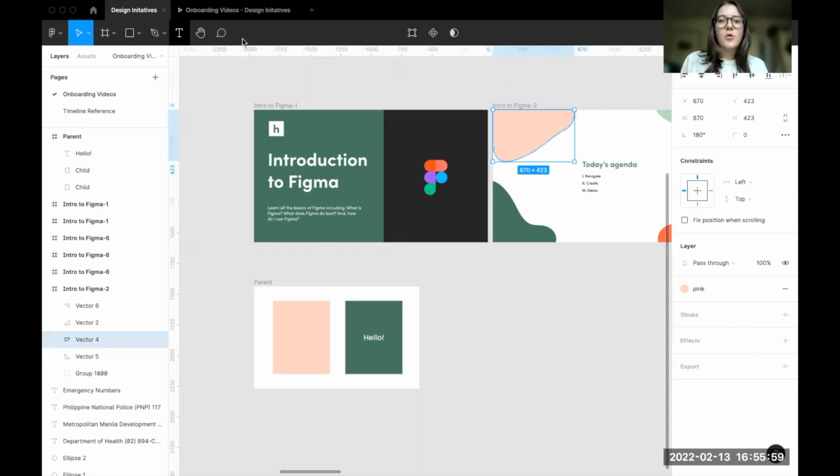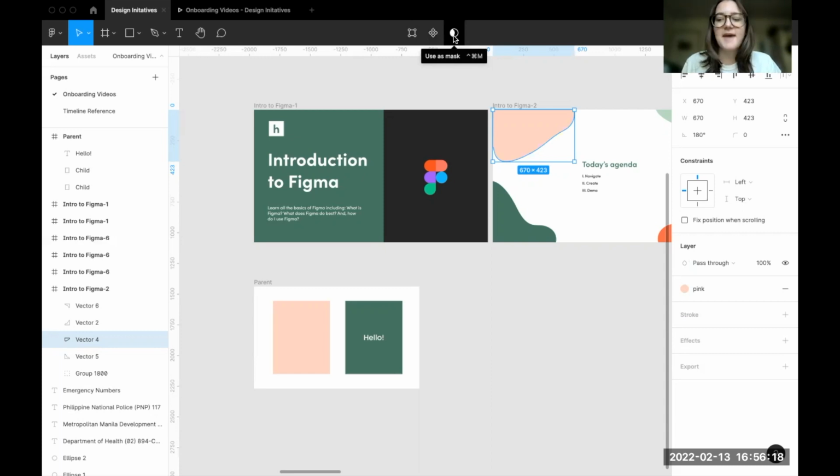Next, we can go on to Create Component. Components are essentially elements that you can reuse across your designs. They help to create and manage consistent designs across projects. And you can just click this here to create one. Again, that's kind of outside the scope of this project, but if you're looking to learn more, I can drop a resource for you down below.